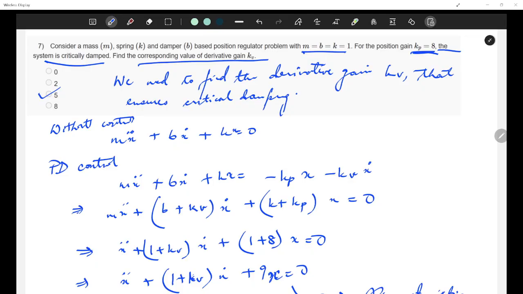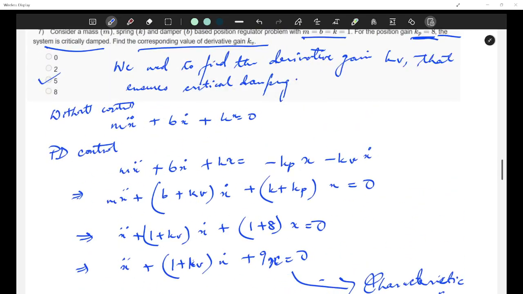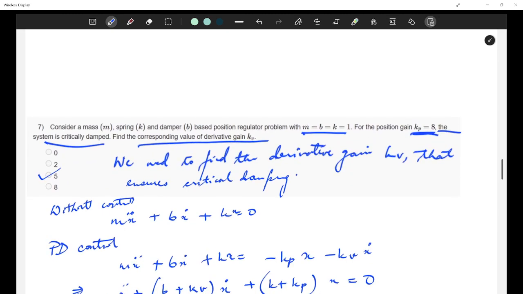I hope this question is clear. Clear, ma'am. Okay. So other options were also there, right? It said kv is equal to 0.